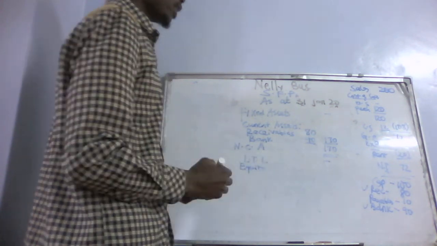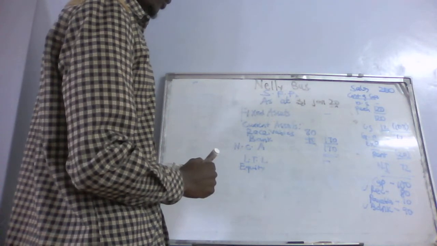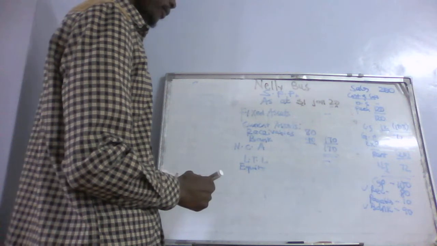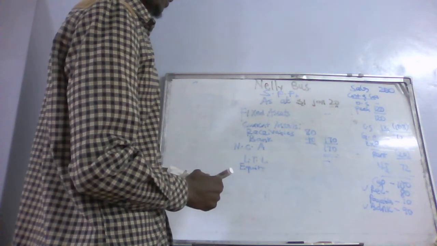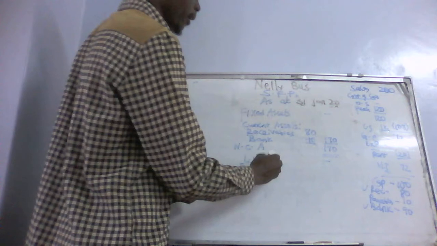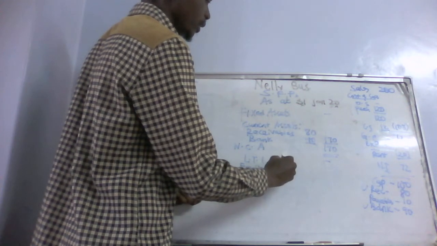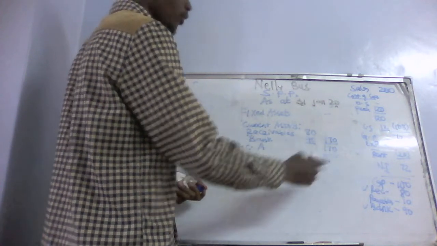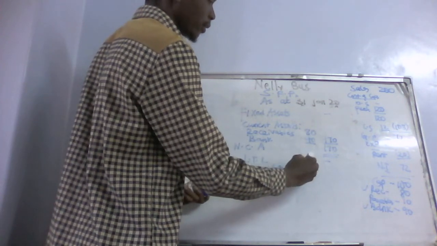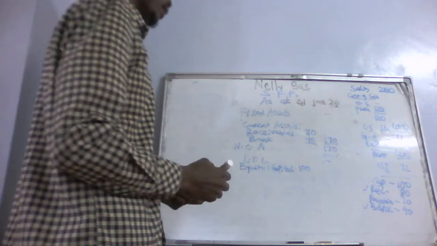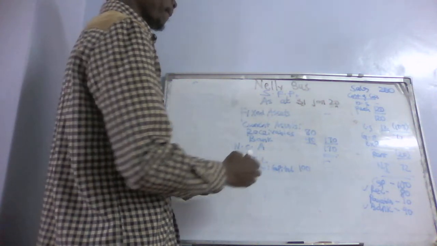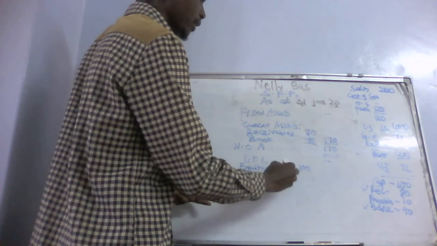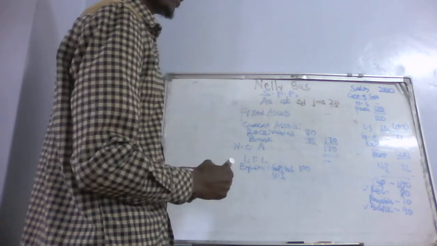Now, equity, remember, we had something like capital, the initial capital. So equity is capital plus retained earnings. So our initial capital was 100,000, and then we add our net income for the period, which is